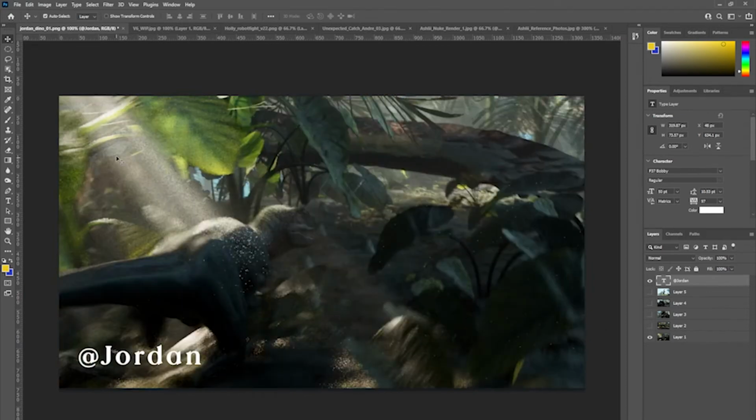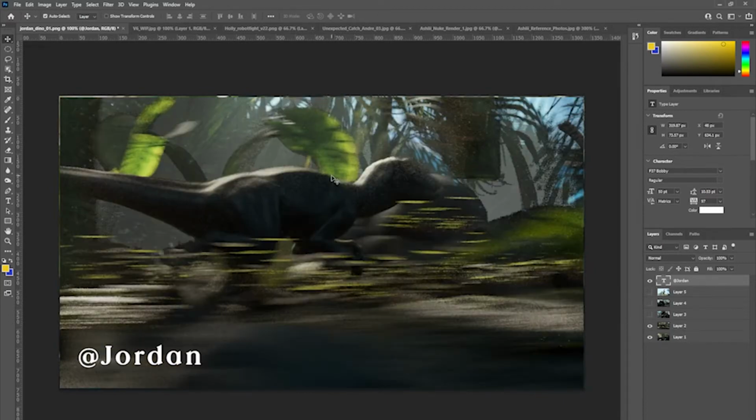I love the shaft of light coming through here and hitting his back and giving shape to his head and neck and tail. That's a really good way to define the character, and so the eye immediately focuses on the raptor. And as he goes underneath the tree, this top rim light on the dino is looking pretty good, and you've got some nice key to fill ratio happening